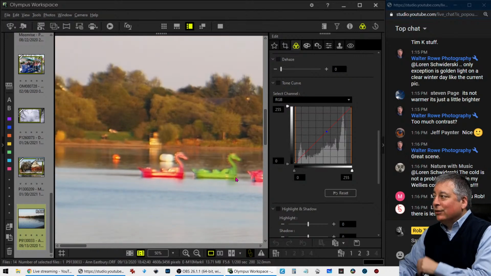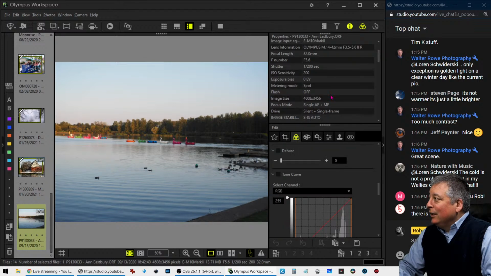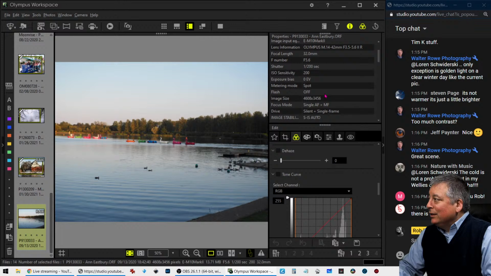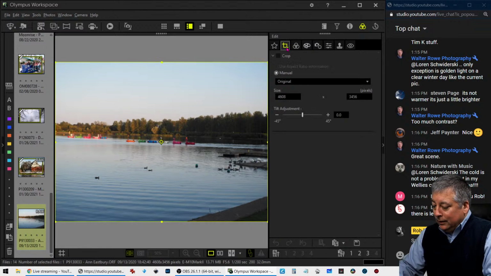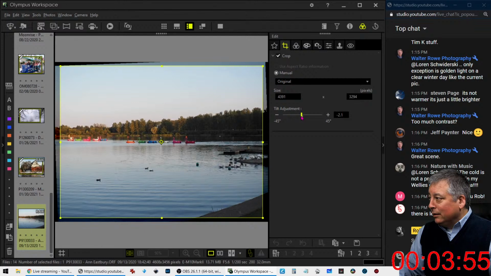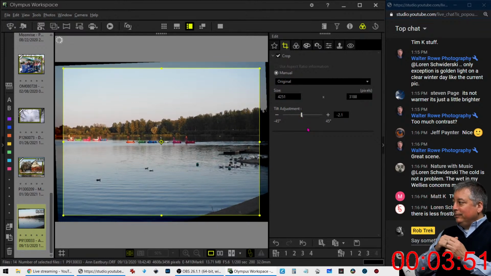Oh, wow, this got soft in the corners fast. See what we used here. EM10 Mark II with a kit lens, f5.6. Yep, perfect settings. Couldn't ask for more. We need to straighten it. So I think this way, so we'll just get it straight first, and then